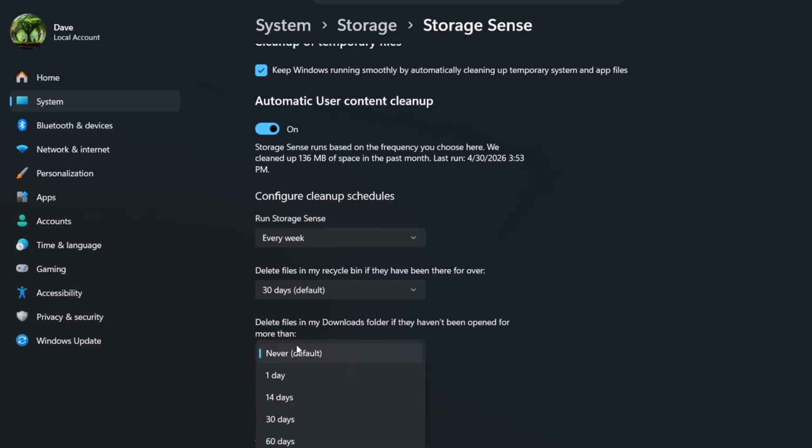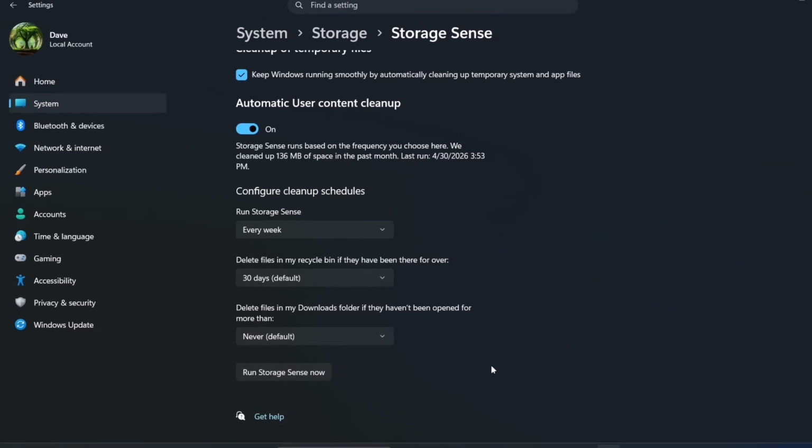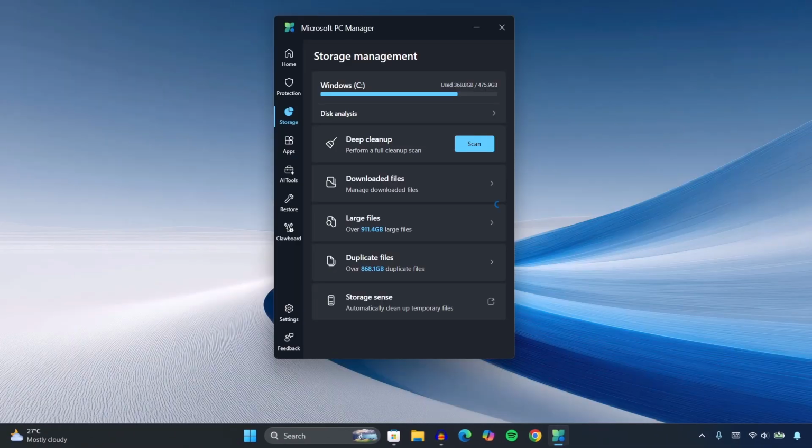I chose never because I prefer to delete my files manually. If you must go with the numbers, I highly recommend you go for 30 days or 60 days, or choose never if you want to do it yourself. And that is it about that. So I'm going to X on this and go back to the